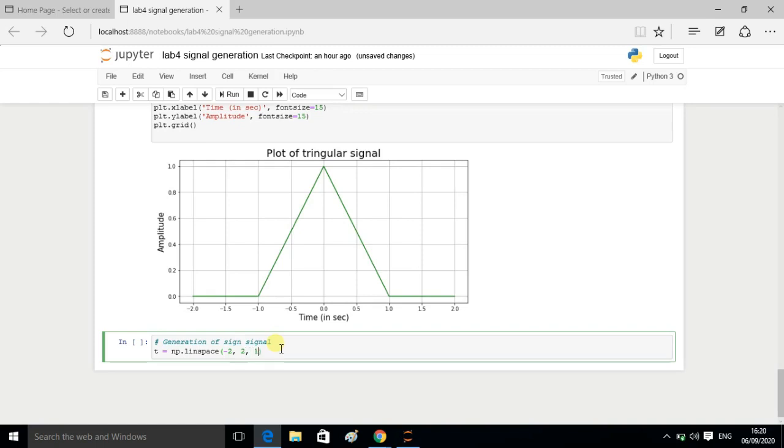Okay, so let me declare the function now. So for that, let me capitalize S is equal to the function is 1 into